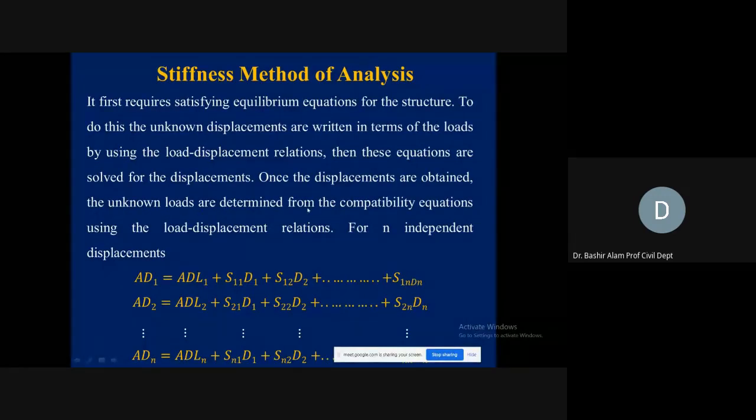The unknown loads are determined from the compatibility equations using the load displacement relation for n independent displacements. अब यहाँ पे आप सिमिलरिटी देखें, previous में एंड दिस मॉड्यूल, वहां पे DRS था, यहाँ पे क्या आ रहा है? AD1. DRS1 is replaced by AD1. DRS क्या था? It was the